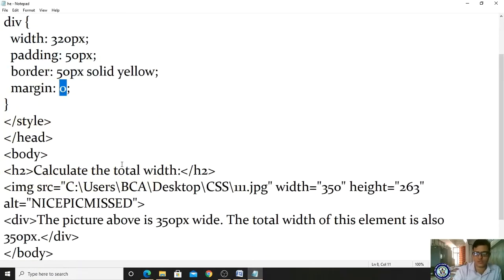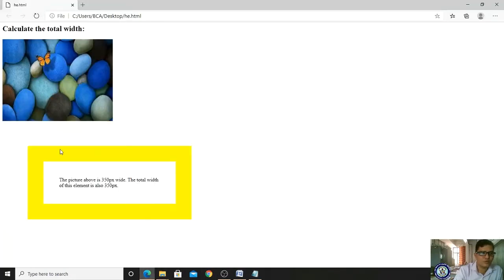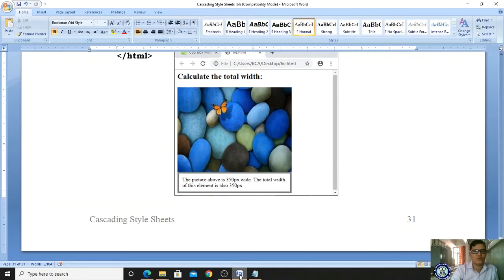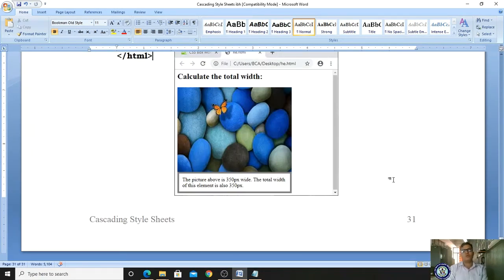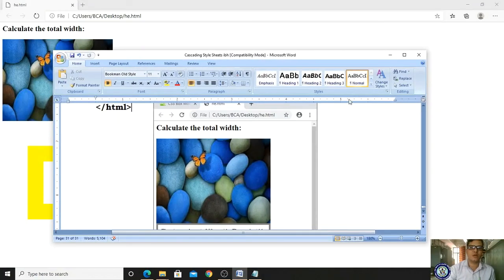If you provide the space as 80, let me check what will happen. Okay, if I provide 80, it starts at 80 pixels. Yes, likewise you can give the height and width of an element in your CSS. So here comes the end of our cascading style sheet, and also the end of your unit 2. Hope you understand this concept. If you have any queries, please put them in WhatsApp or ask me personally. Let me clarify. Okay, so that is the end of unit 2.